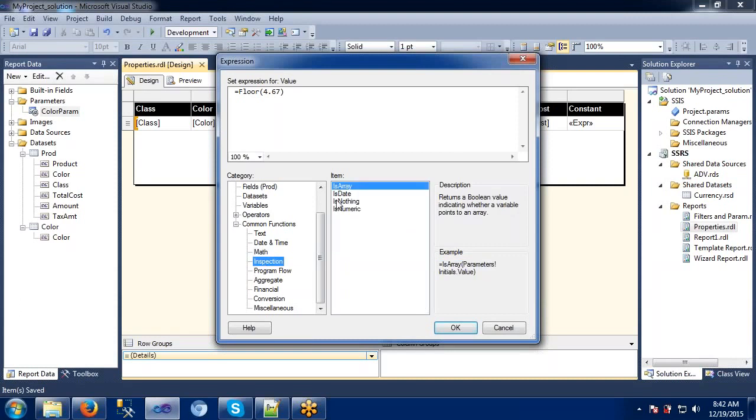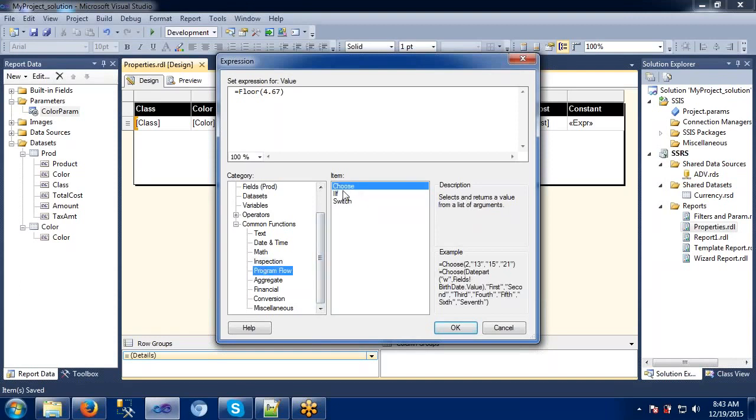Inspection is nothing but IsDate, which returns a boolean value indicating whether an expression represents a valid date value or not. It means we are checking whether these are correct or not. In that case, we can specify IsNothing. If you remember in SQL, we have defined is null, is true or not. The Boolean expressions here also include IsNumeric, whether it is a numeric value or not. If you want to check it, then we can specify this one. It's a Boolean expression where we can inspect all this here, whether we have given the correct value or not, we can check it by using this expression.